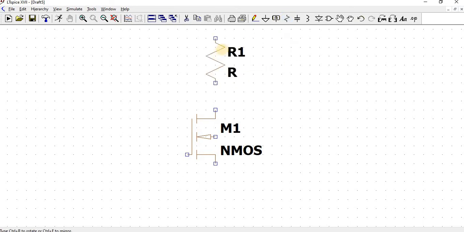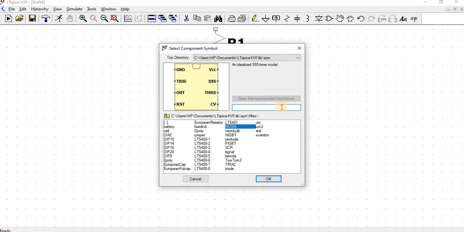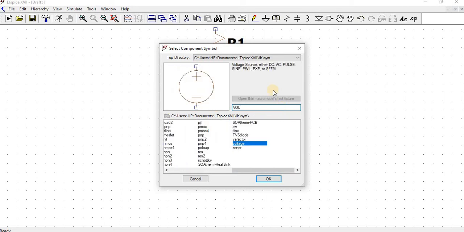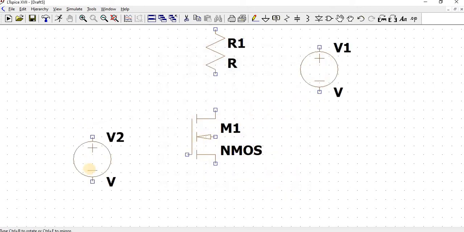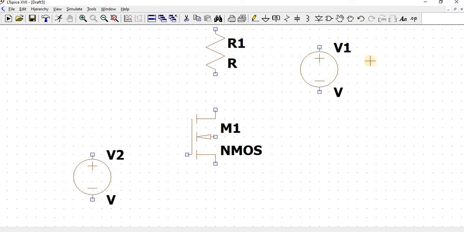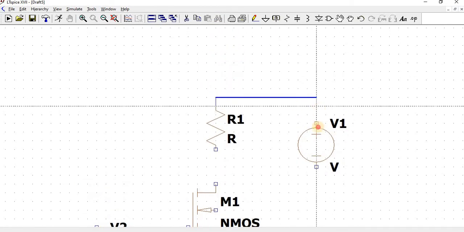Select resistor and place it here. After that, take two voltage sources from the LTspice library. Type voltage, select it, and use one for VDD and one for input voltage. Connect all the elements by using wire.